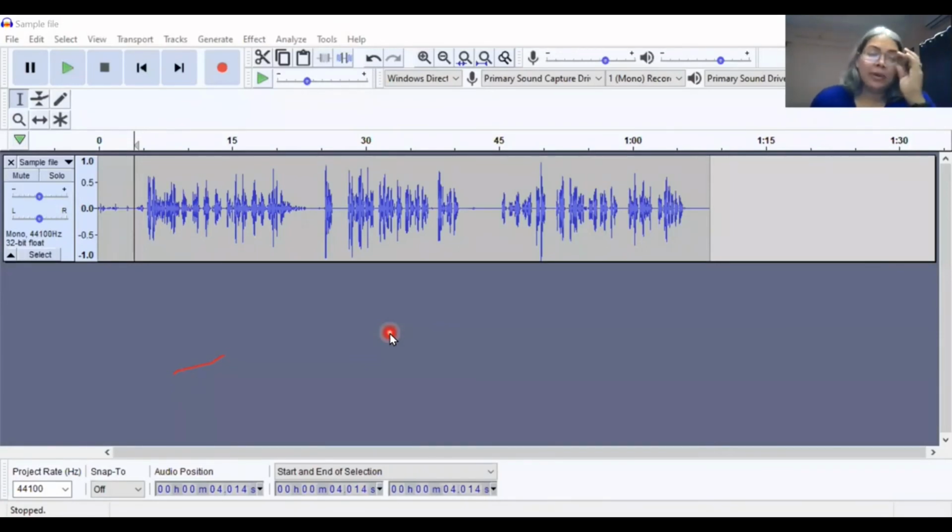You could ask others who have attended a workshop, and the document itself gives all these steps, what I have said here, edit, delete, or effect, noise reduction, all that is there in that document which I'm going to give you. It's available now. But now I'll just continue with telling you.